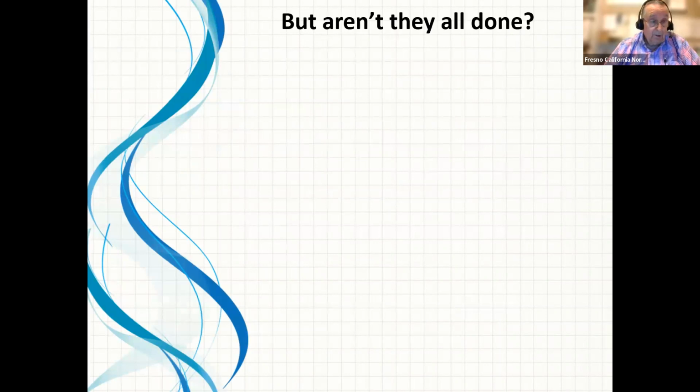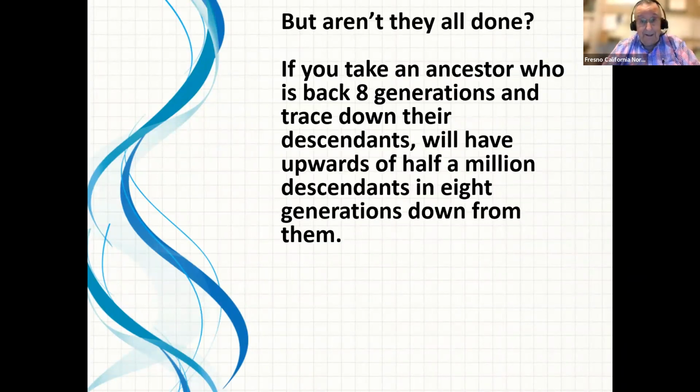Okay, but you might say, but aren't they all done? Meaning all the descendants are really all done, aren't they? Well, the thing is, if you take one of your ancestors, or you take one of your ancestral lines, let's say, and go back 8 generations, you're going to find that those people that are 8 generations back could easily have as many as 500,000 descendants. And so there's really no way that all those people have been found for all of your 8th generation ancestors. You actually have